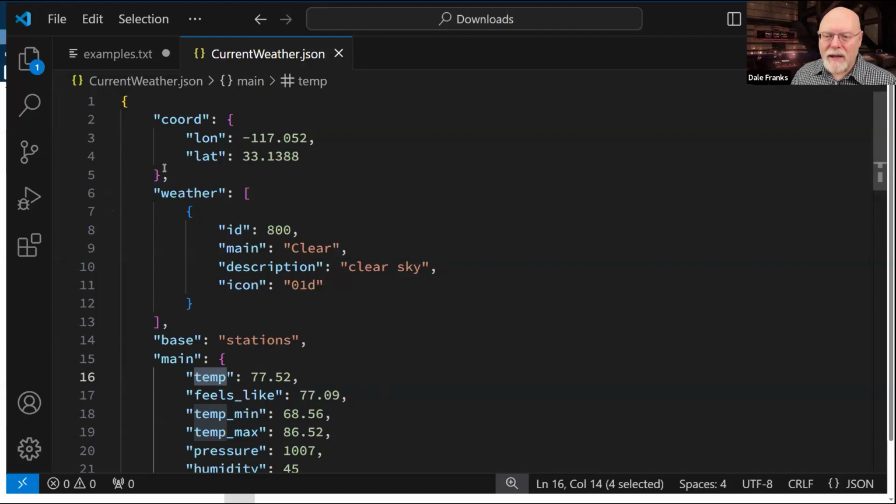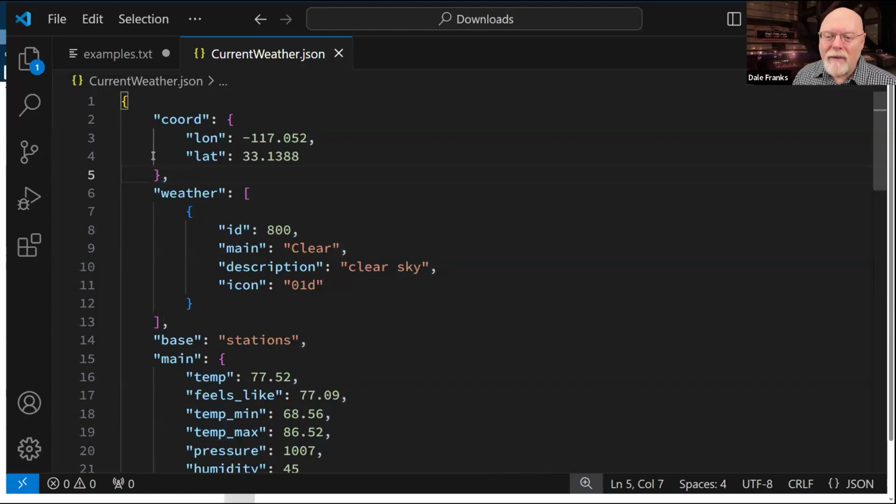and let's see, coord, no. Weather is our next. I should probably explain something about how JSON works. Every element in JSON, remember I said it returns it to you as a big single sentence whenever you get your JSON back, because it is a big single sentence. Actually, it's a big single comma separated list. And so those commas are super important.